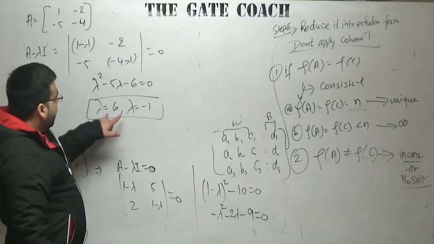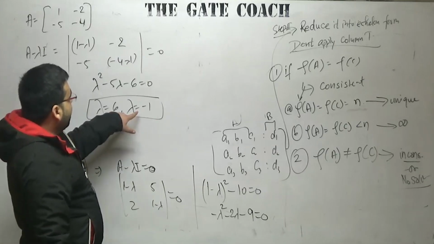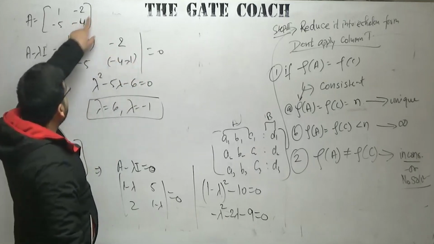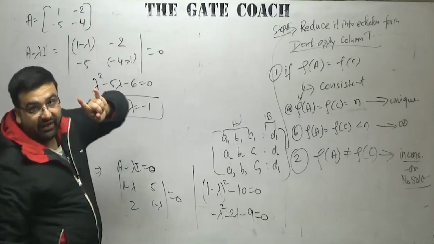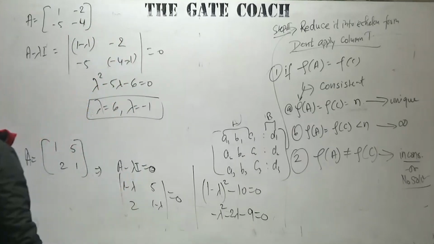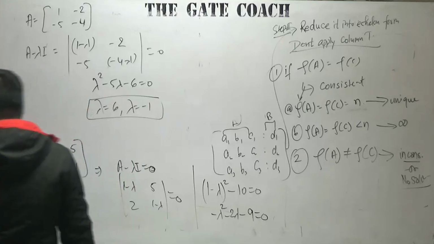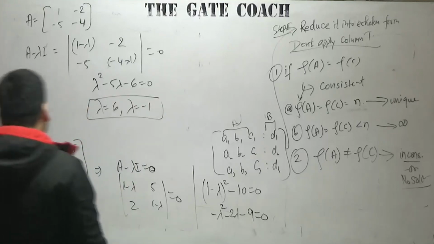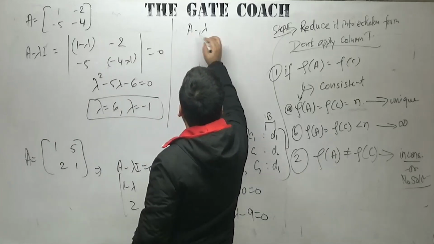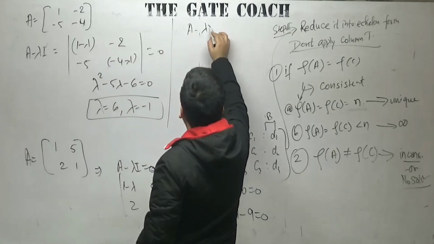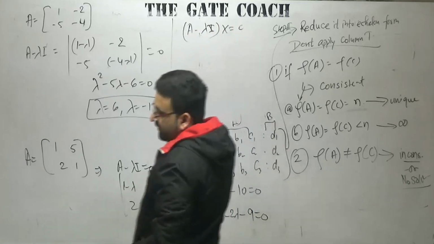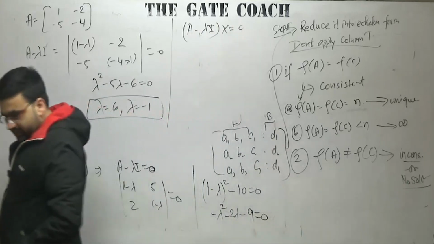From here I also told you that we have got two characteristic values, and the number of characteristic values or eigenvalues will be equal to the order of this matrix. What was the order of this matrix? 2 cross 2, so 2 eigenvalues. 3 cross 3 matrix, 3 eigenvalues. So remember, it depends upon the order of the matrix. Now how to calculate the eigenvectors? So I told you that this is the equation, that is (A minus lambda I) into x is equal to 0. This is the equation which I told you.